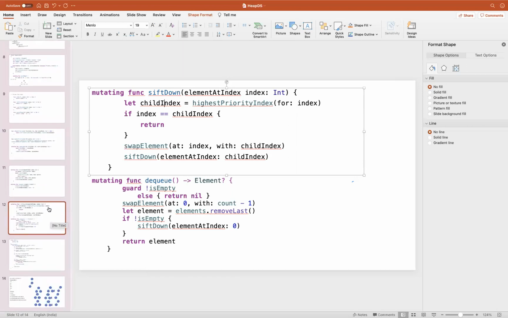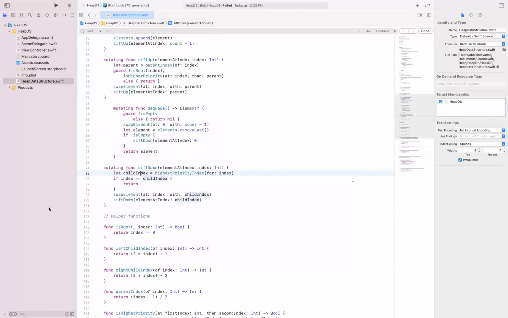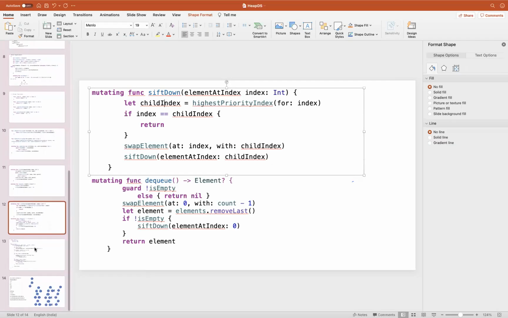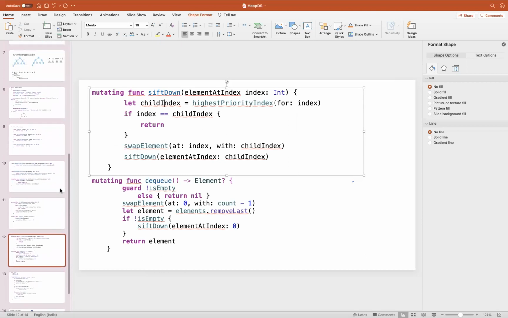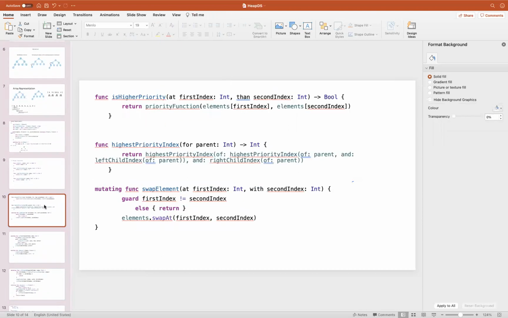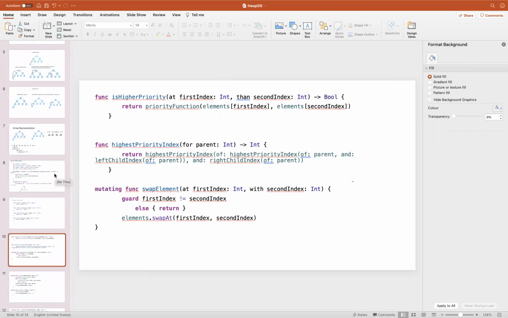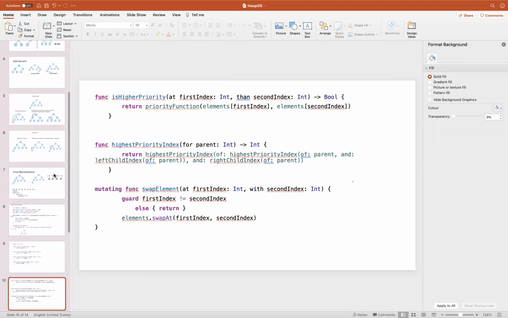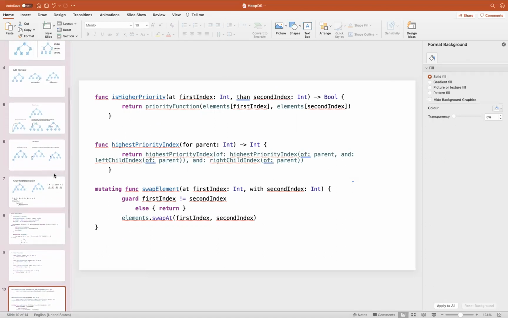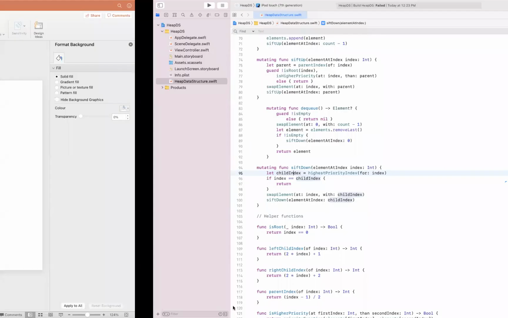Okay, let's move on. So that way we have written our whole heap, and the implementation is done. This heap will generally be used to make a priority queue. The question we will now discuss is